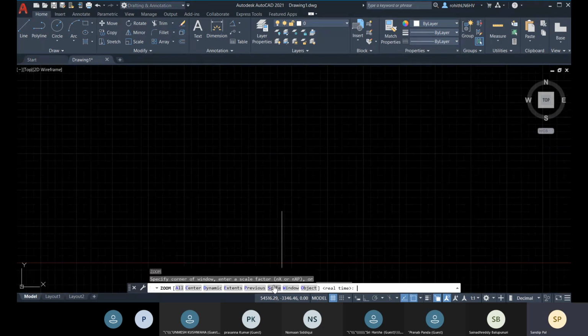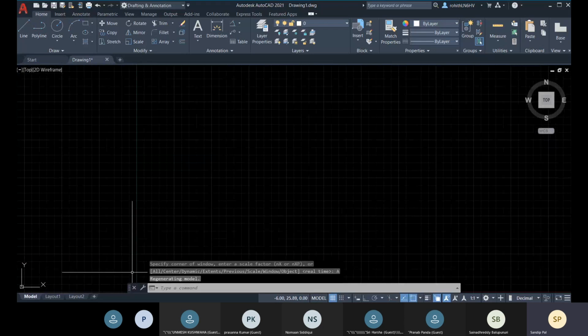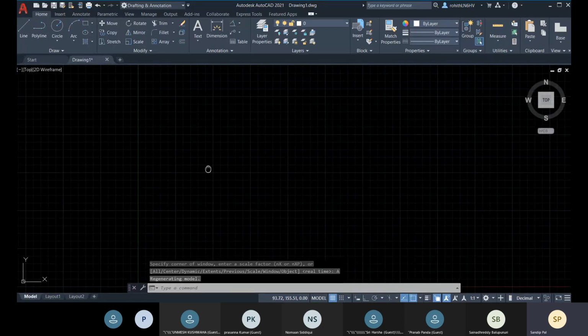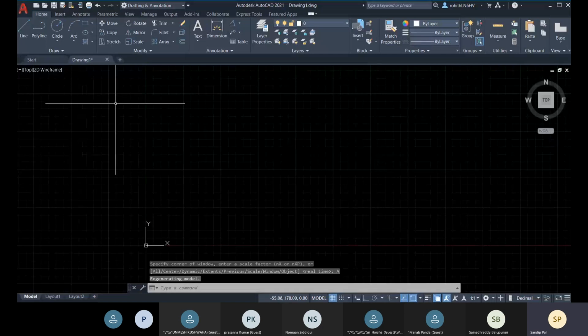So Z enter, and then you have so many options: all, center, dynamic, extend, previous, scale, window, and object. So if you go for all, all the objects will be zoomed within this area.